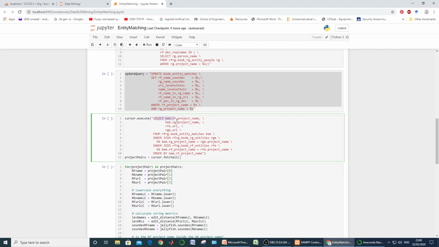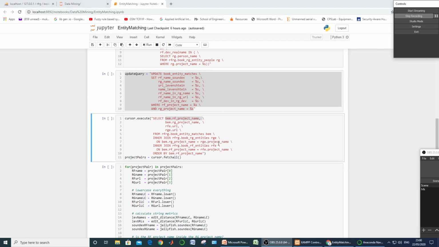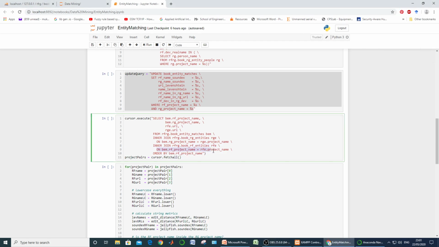So we are going to select these four, and for selecting these we have to perform an inner join of the RF project name with the RFE. We perform an inner join of the RF project name from the resultant table with the RFE, based upon their project name.